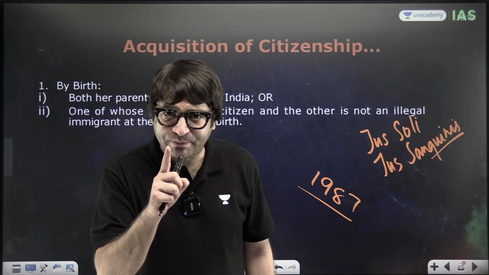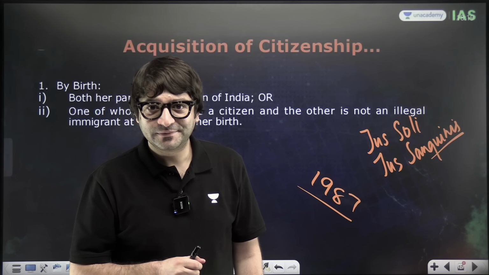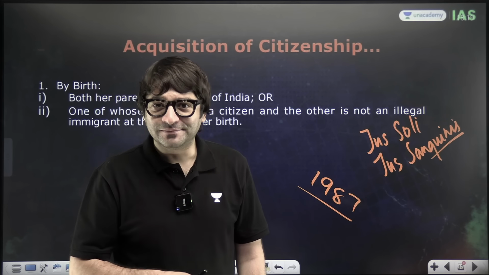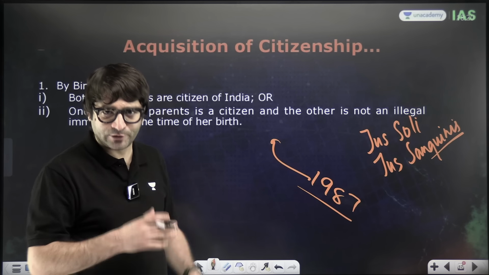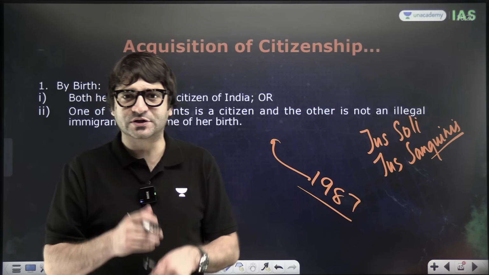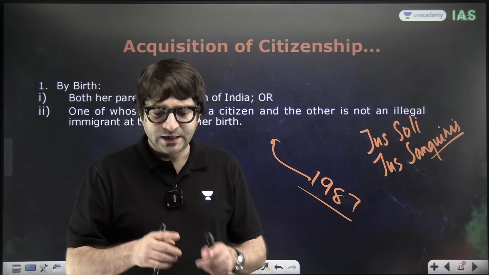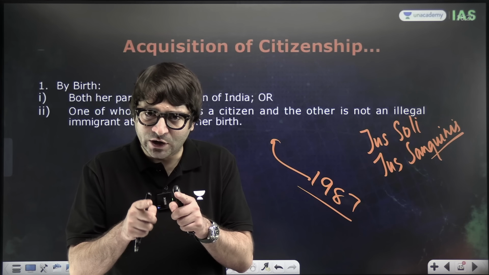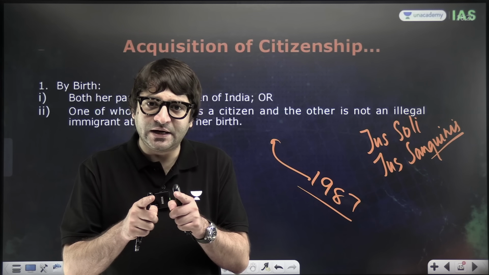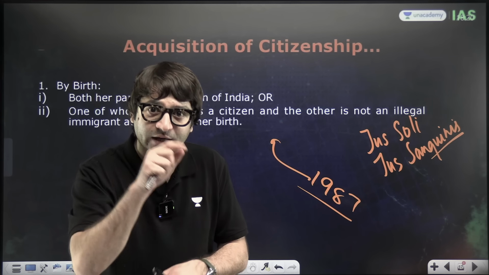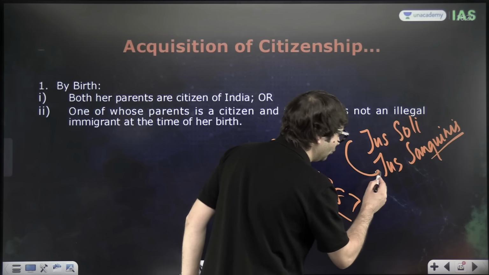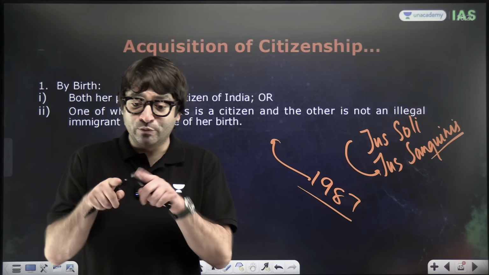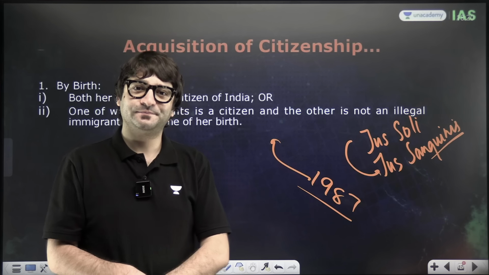Curiously, even if one of your parents was an illegal migrant and a child is born, the child would have been an Indian. It was only in 1987 that the law changed because of the 1986 amendment, which came into force in 1987. The law said, now if a child is born on the soil of India, the child can be an Indian only if one of the parents is an Indian. Which means we shifted from jus soli to jus sanguinis, law of the blood. Through blood, you should be related to India.